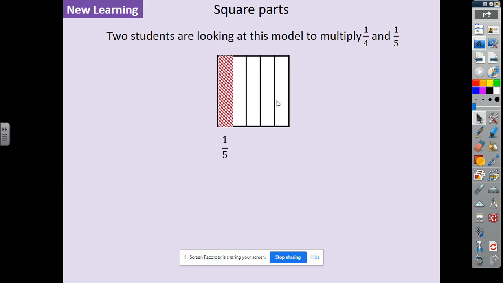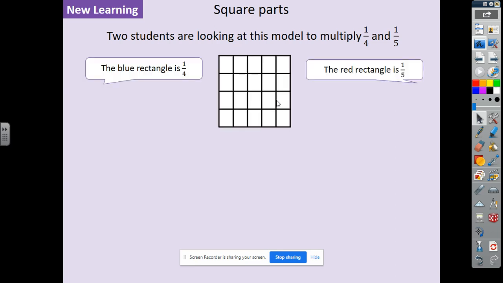Now I want to combine these so that I can work out what the answer would be. So here I have combined them. I have got my quarter still going horizontally across, so 1, 2, 3, 4, and then vertically is my fifth, so 1, 2, 3, 4, 5. Okay, so let's put the shading back in. We said that was a quarter going across, and we said that a fifth would have been that going